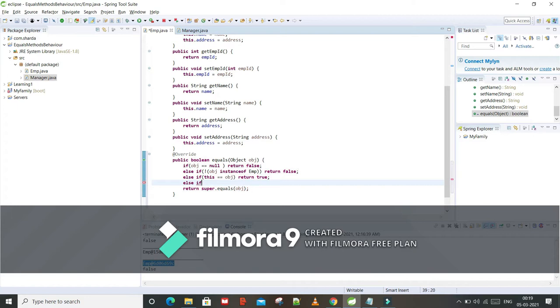Else if this dot getClass is not equal to obj dot getClass, return false.